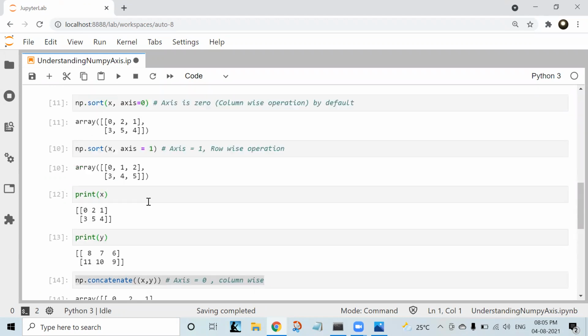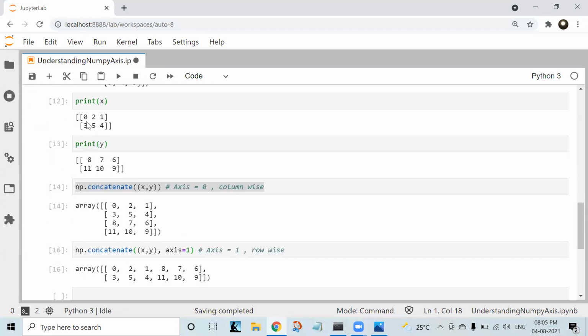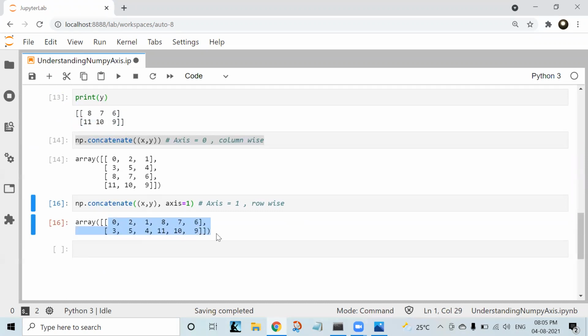The first row of the first matrix, 0, 2, 1, and then 8, 7, 6: the first row of the second matrix, so those two are concatenated. And the second row of the first matrix with the second row of the second matrix, 11, 10, 9. Those two are concatenated like that.